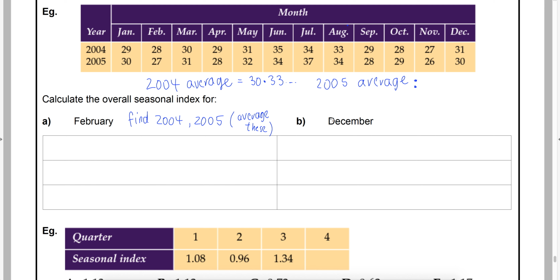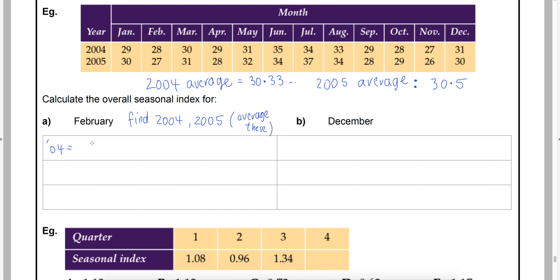Alright, now the second one. Hopefully I haven't forgotten any values here. 366 on 12. So that one comes out as 30.5. So that works out well. Okay, so for February, for the SI for 2004,